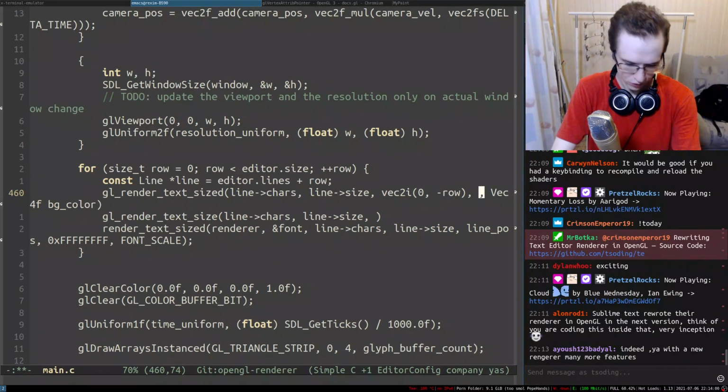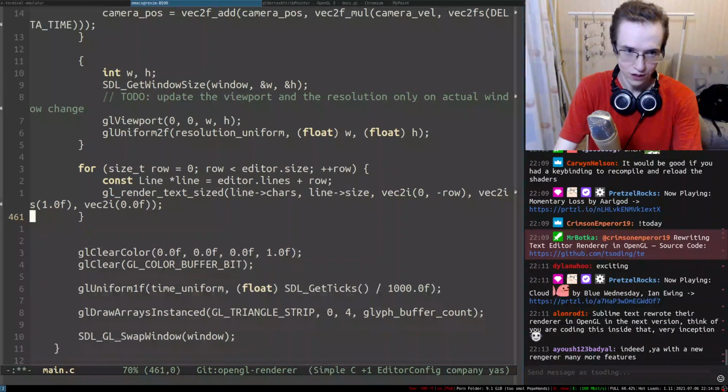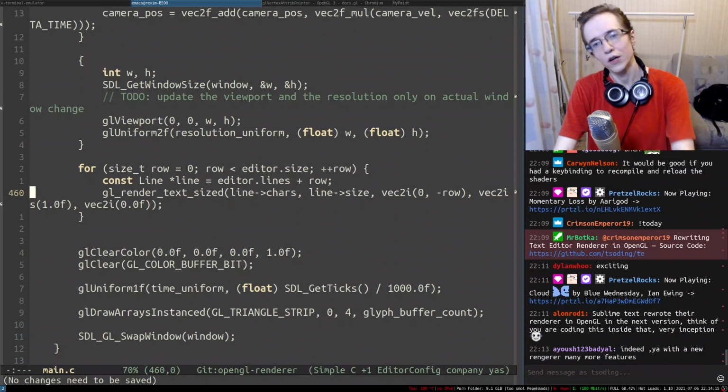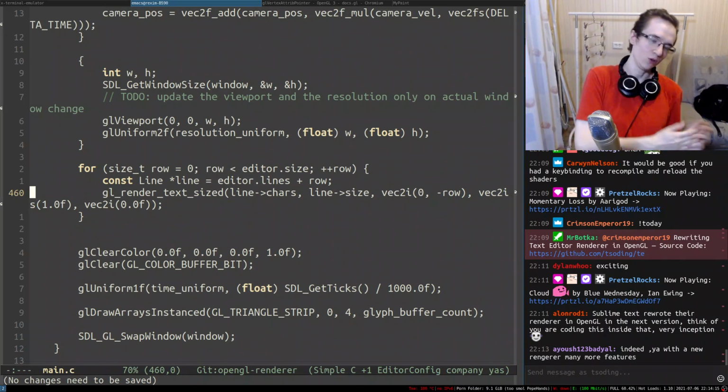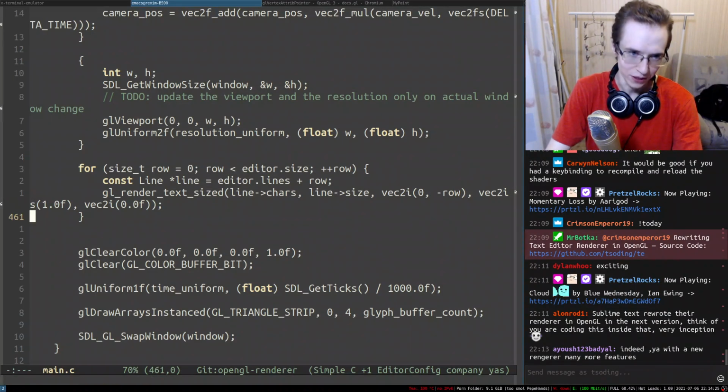The foreground color is gonna be white for now, and the background is gonna be completely transparent. Like this. There we go. And that is pretty much it. That should render everything accordingly. This won't render the cursor, but we're gonna implement it a little bit later.